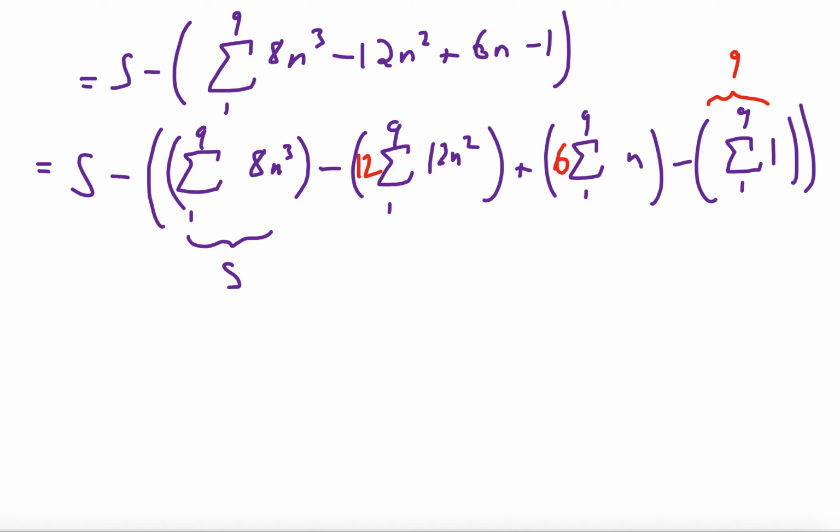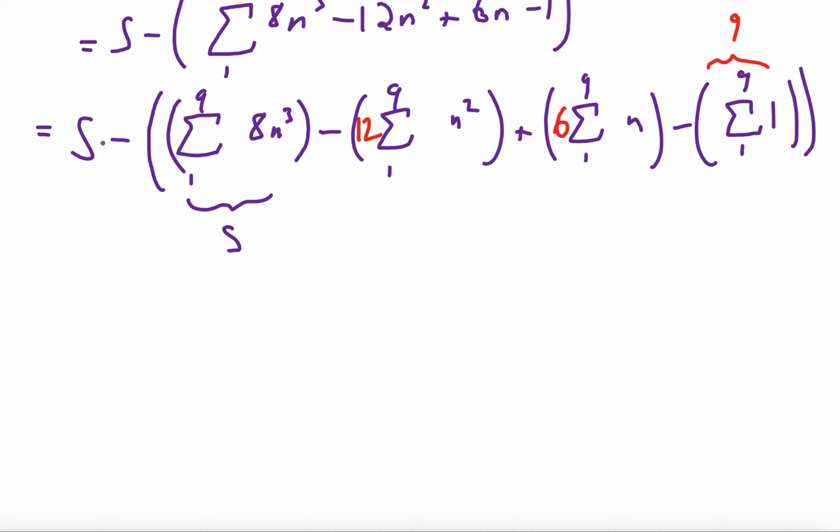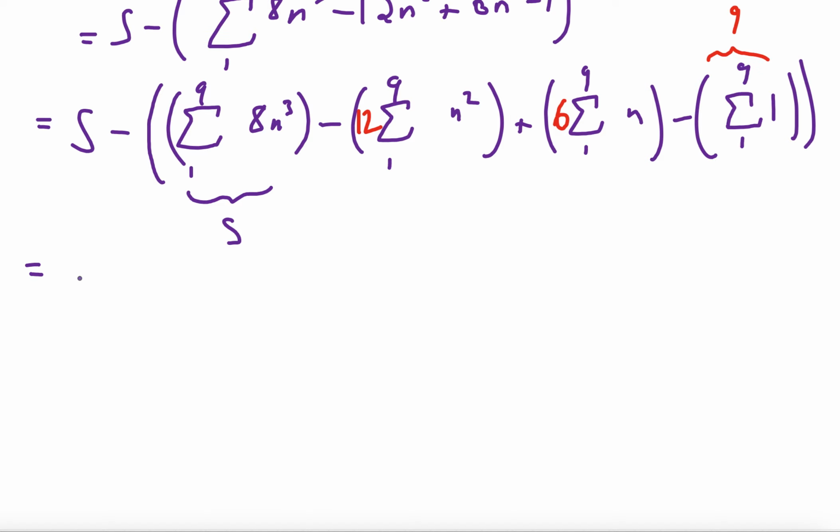Again, that's just basically the idea of factoring it out of all the terms. All right. And now what we're going to do is split this out even more. So now we're going to distribute this negative 1 over here. So we get s minus s plus 12 times the sum of n going from 1 to 9 of n